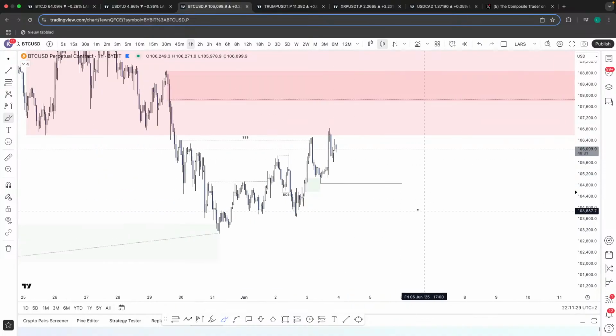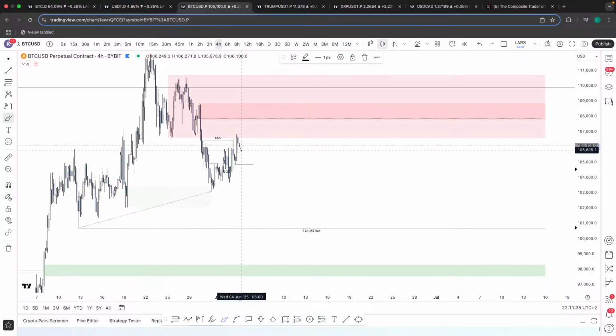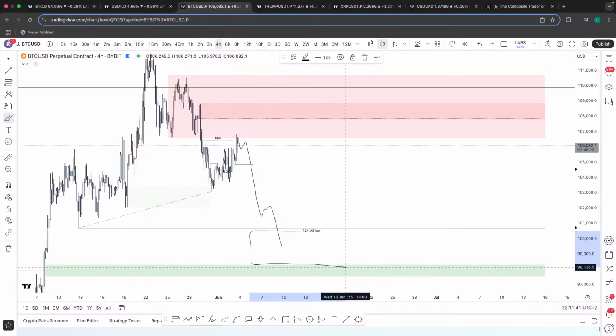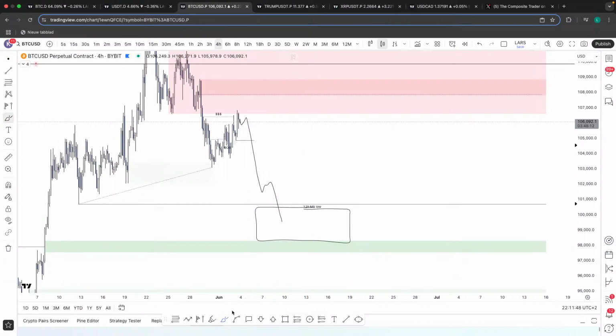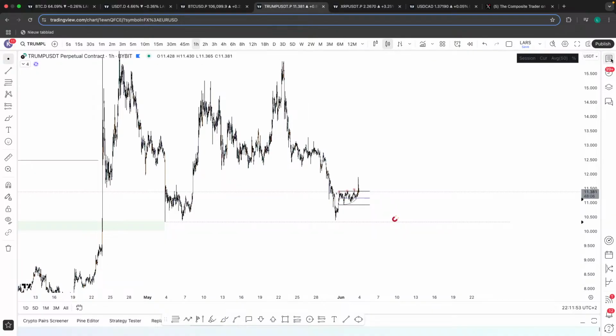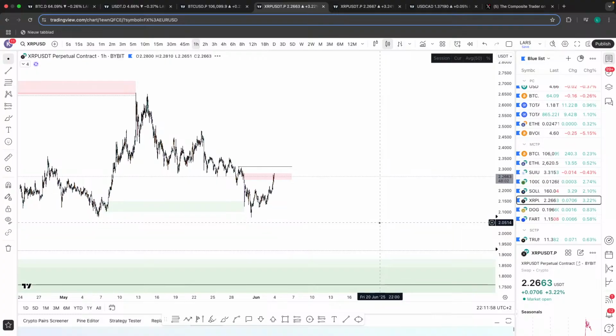So my best case scenario, if I have to show it in the charts, is for Bitcoin to eventually make its way down towards this liquidity right here, maybe even find some support in this region and start ranging in here, right? Get some consolidation, some rangy price action, where your altcoins in that period drop into those high time frame third tap POIs, where if we go to XRP, I think XRP is pumping up today.